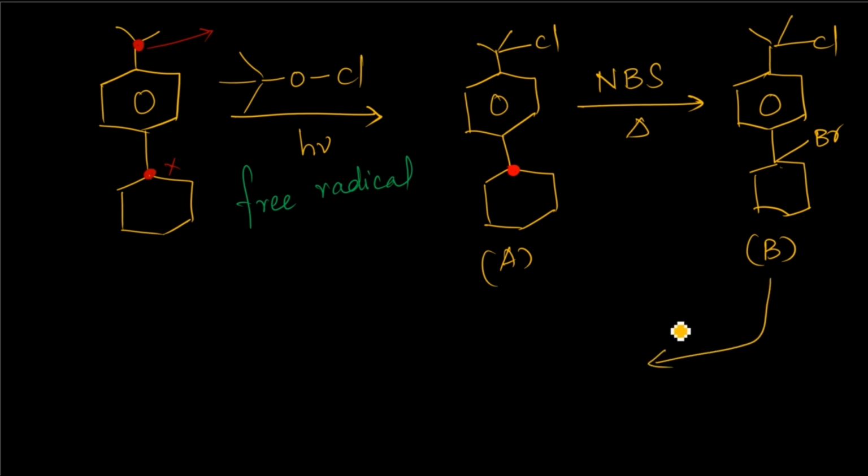They are asking for C, isn't it? So KOH 1 mole. They just mentioned 1 mole only. So what will KOH do? It's alcoholic KOH with heat, which will do the elimination part. They also mentioned 1 mole. 1 mole means only one eliminated product it can form. Either Cl will go or Br, taking the hydrogen. So if Cl is going, if Cl is removed, then it should form a product which is